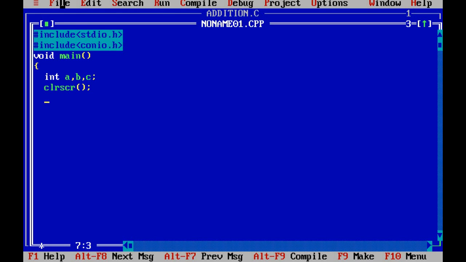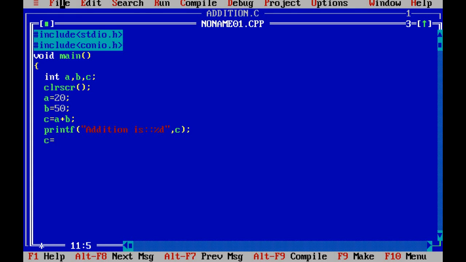Then initialize the values for A and B. Any different values, okay, you can take any values for A and B. First perform the addition of those two, A and B, and give the printf. Addition is in double quotes, addition is colon, then %d where the answer is stored, comma C, because C gives the final result.